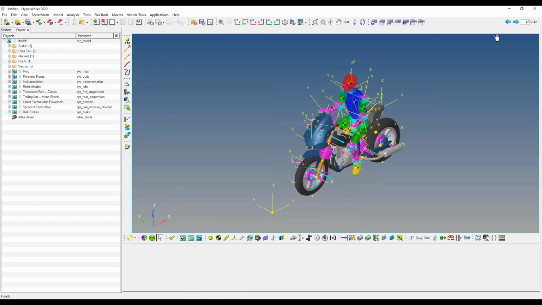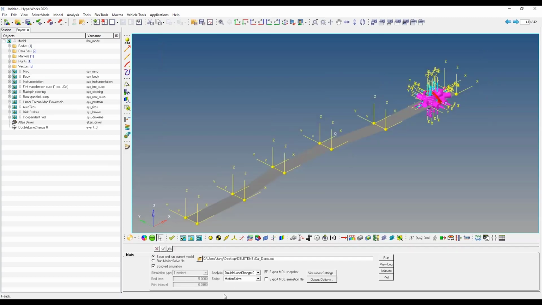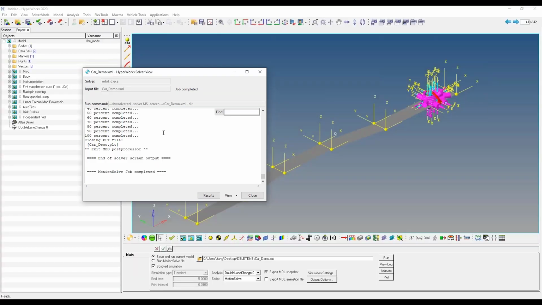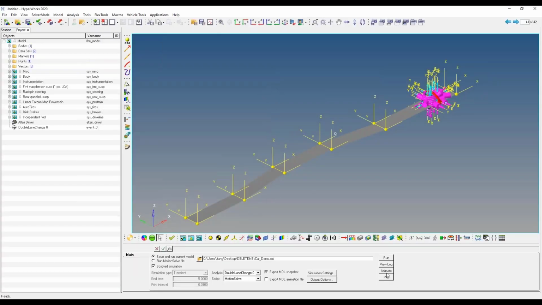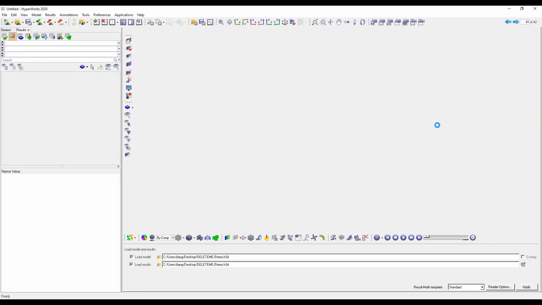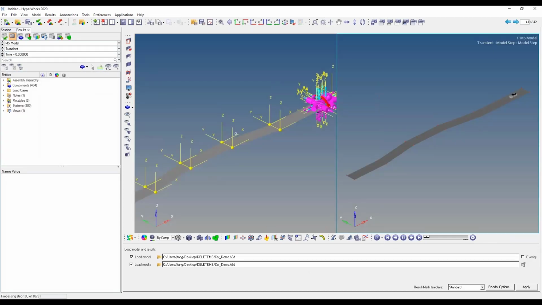Now hopefully my previous one, so as you can see here we have an occupant on top of a bike, and because we specified rider detailed, you can see it in its humanoid form. And we can see from our previous one, it's already solved. So if I were to click on animate from here, if we were to click play, you can see this car driving down